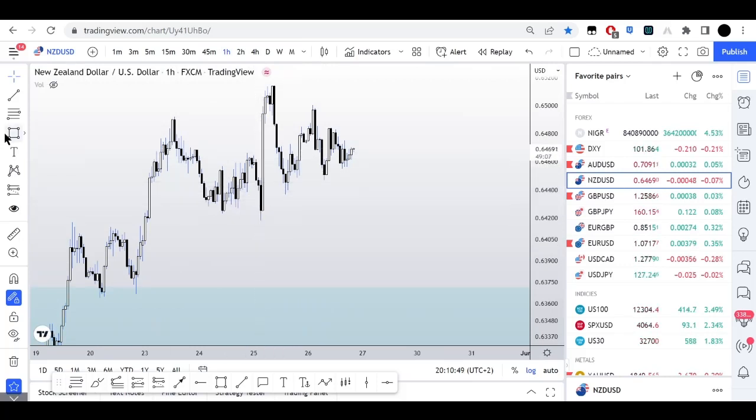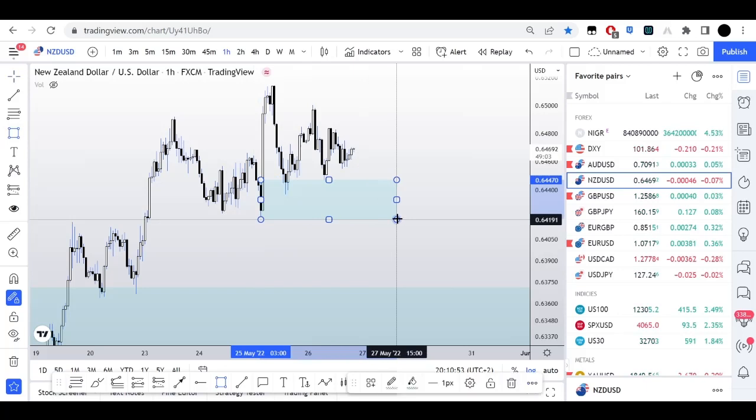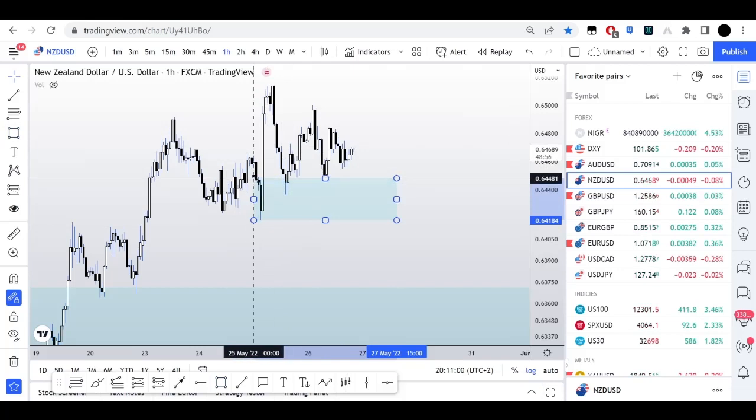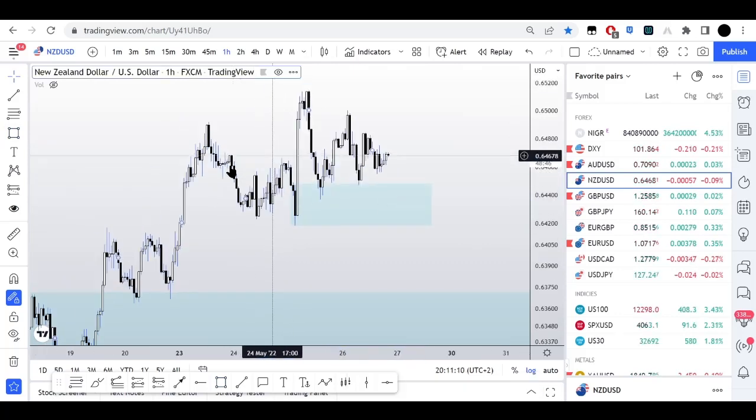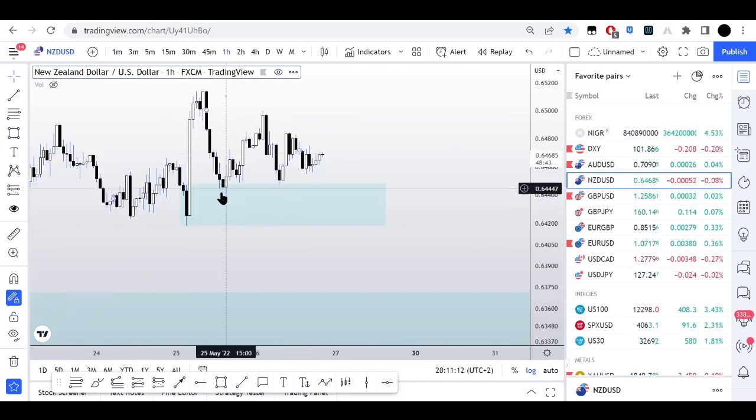As you can see, we have this last down candle before the move right here. When price came back down into this order block, I'm expecting some type of reaction. I don't expect it to just run the low that easily. It can, but I don't expect it to. I'm waiting to see what price does once it comes back to this order block right here. So inside of this order block,